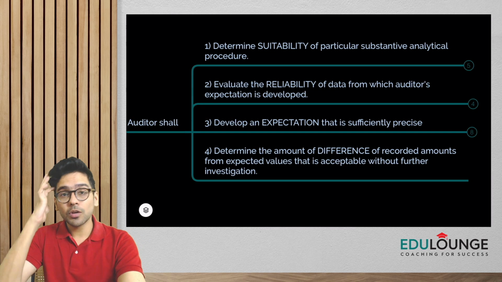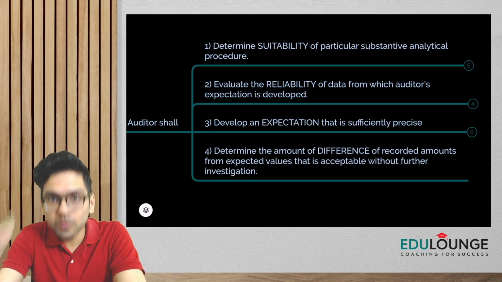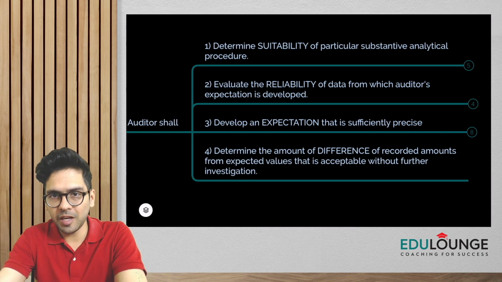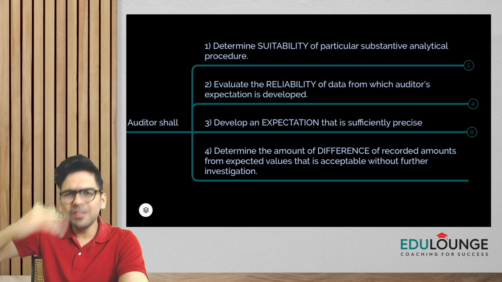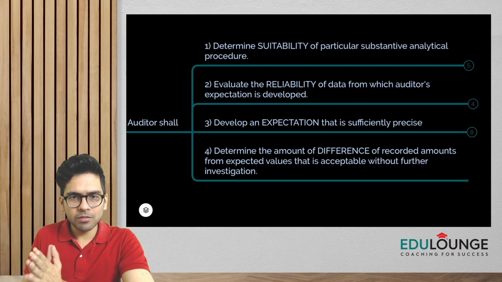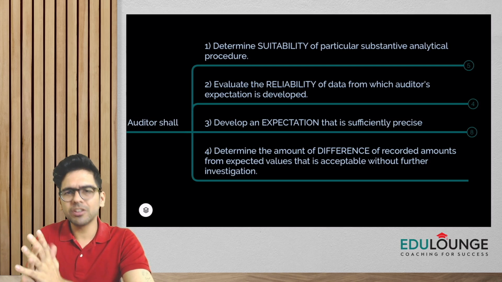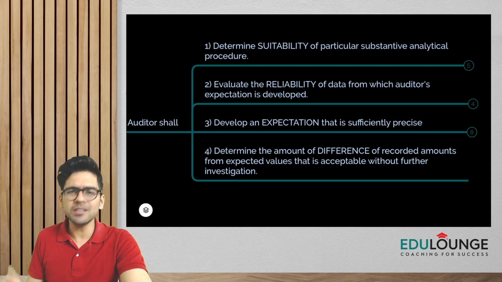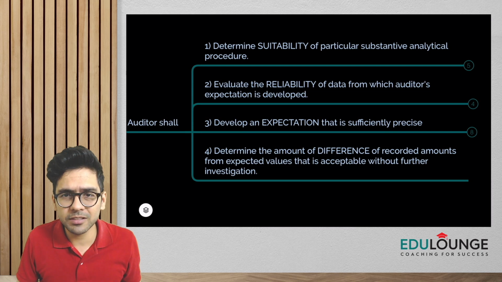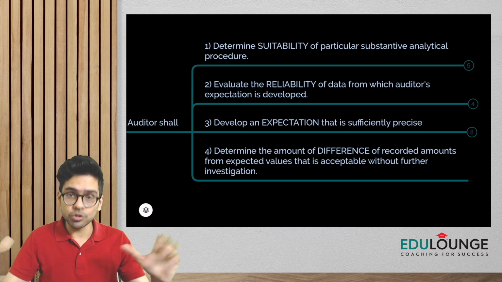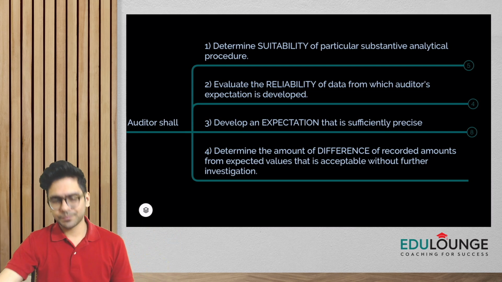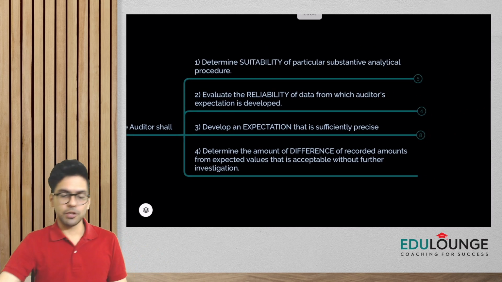And then, guys, you are going to compare the actuals, the recorded amount, with your expectations. If there is a difference but it is within your tolerable range, you would not want further investigation. But if the difference is huge, you would want to go with further investigation. Okay, now